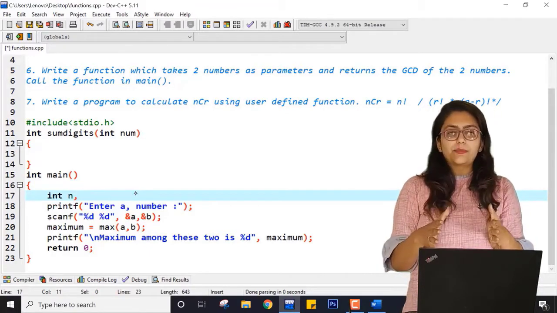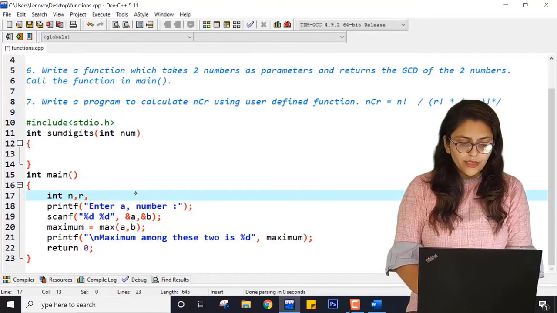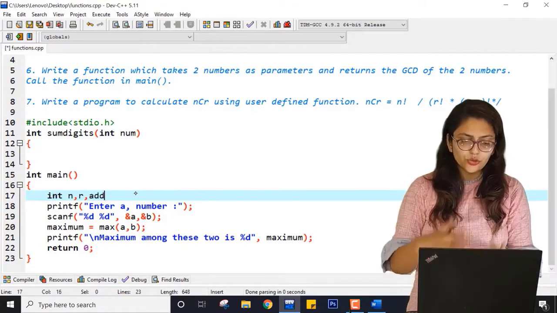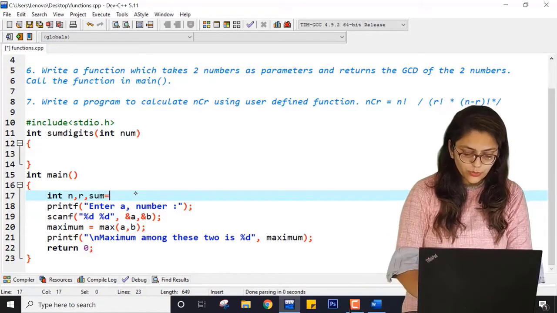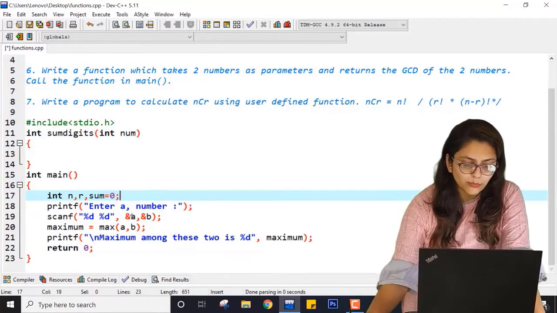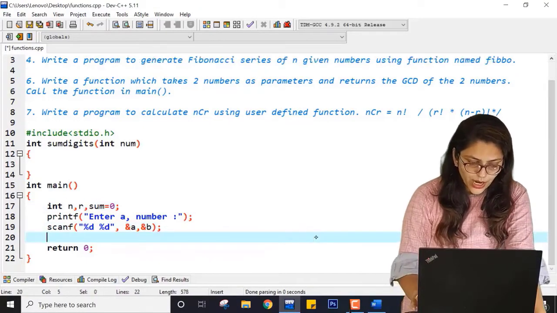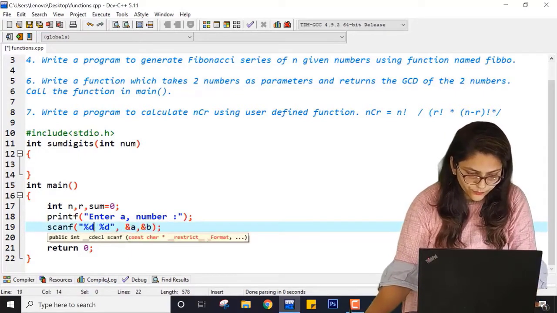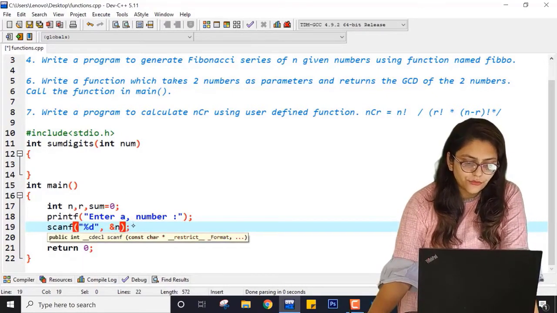And if you know this program without using function, you know that we will need remainder, we will need sum. So sum equal to 0 and I will add some more variables if needed. So instead of this, you are going to erase extra code. Here it will be n. So you are going to take value of n from user.